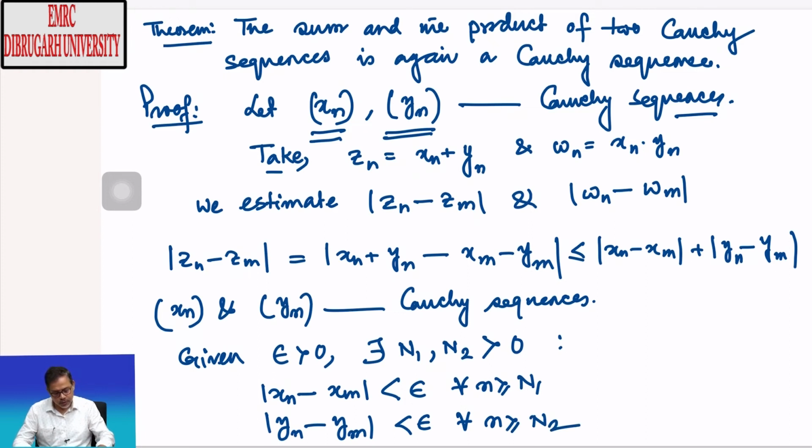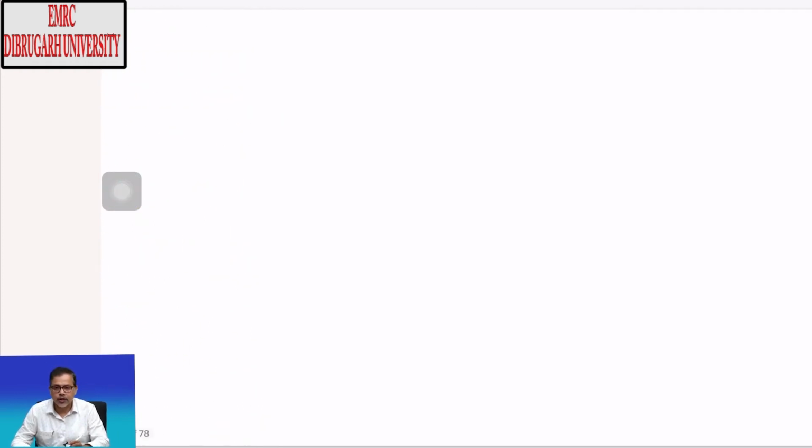We are using this property for the sum of the two Cauchy sequences. Let N be the maximum of n 1, n 2,